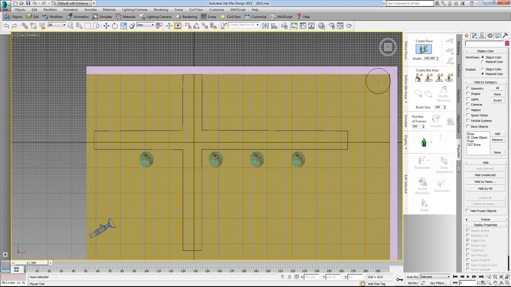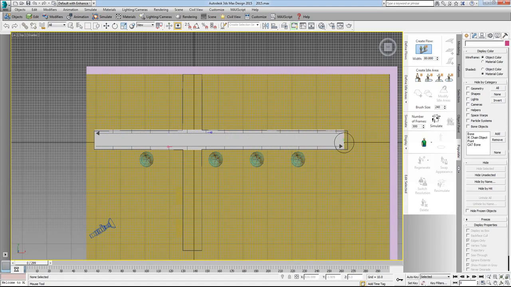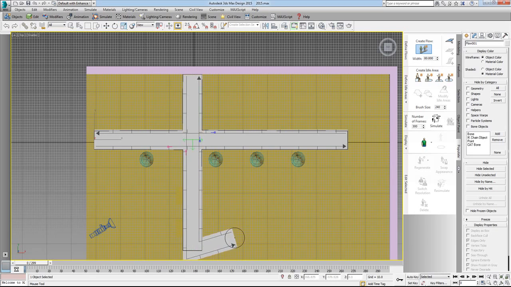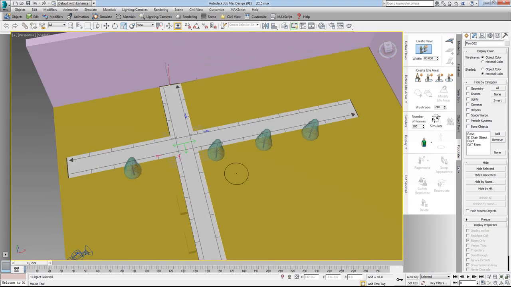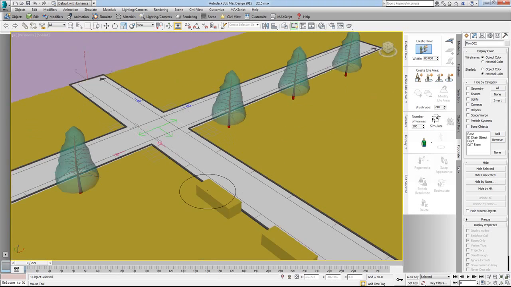Right click, I say 80. Click over here and press Shift to get a straight path, same like a spline. I don't want it from here, so I'll right click again. I'll click on this road, press Shift, and right click. Now this is what we got.